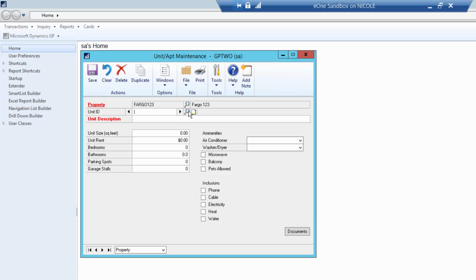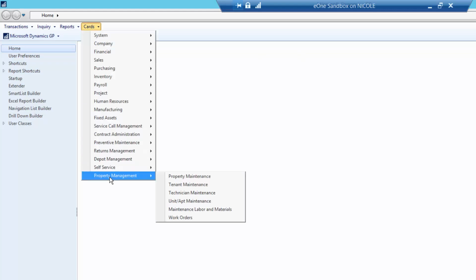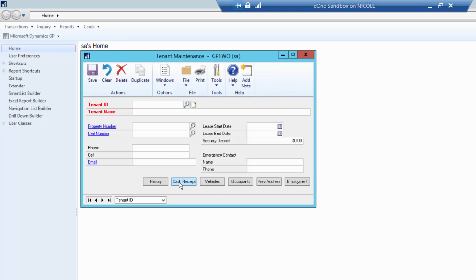Now I have that unit in there, but I could create 101. And I'm not going to enter all the data, but we'll just have 2 units there. So now I've created all 20 units, we'll pretend. And since we bought this, it already has tenants in it, so we need to add those tenants into our system. Now, this type of ID, we have it doing an automatic increment of a number, similar to document numbers